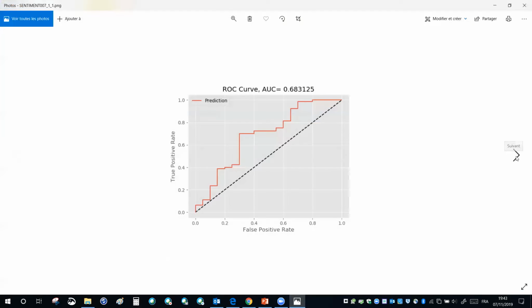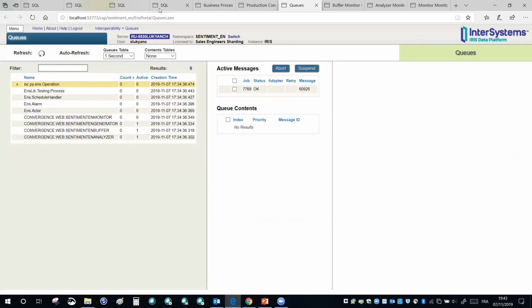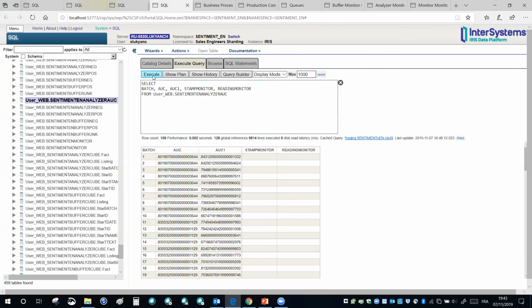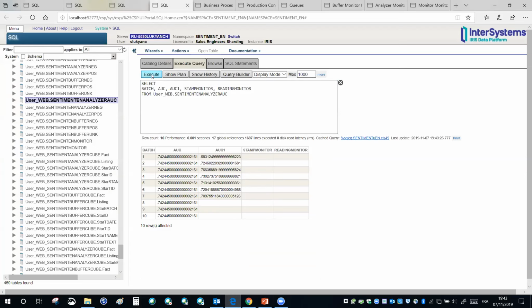So I see some results here. But I can also track those results in the tables of the solution. I see that 7 batches from the unclassified records have been scored. On the left, you see the results of the training, the area under curve, and on the right, it is progressively doing the prediction work on the first 10 batches of previously unclassified data.